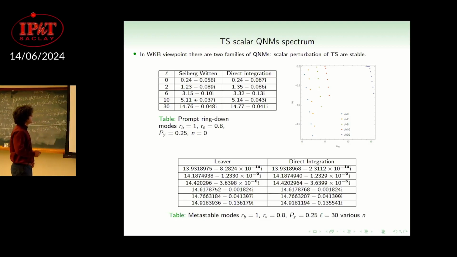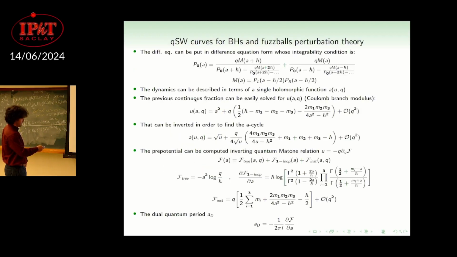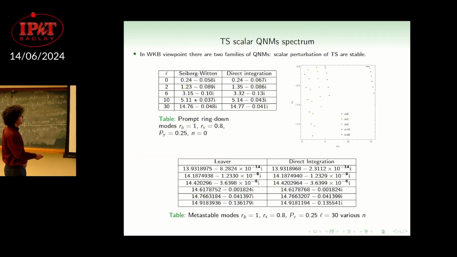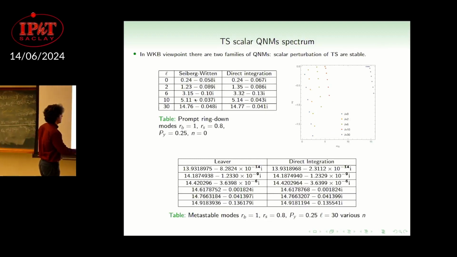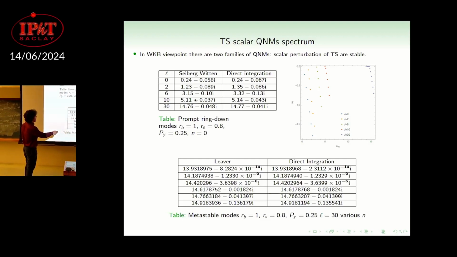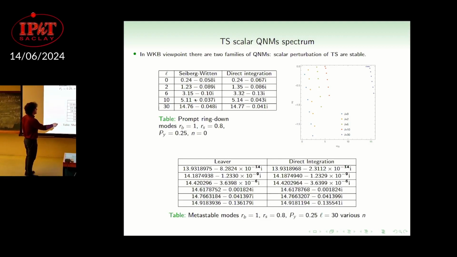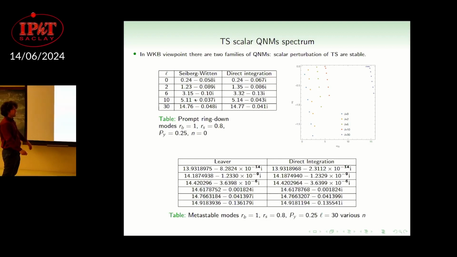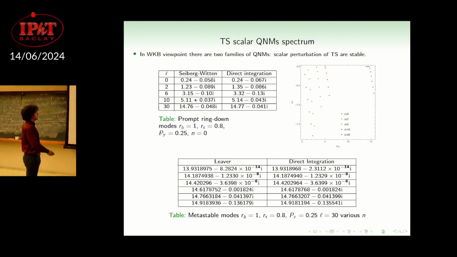These modes are for different values of the angular momentum, and for fixed overtone number, n equal to 0, if you remember, in the WKB approximation. The other ones are for different overtones, and you can see the growth here. In this plot you see these are metastable because the growth is only in the real axis. Then you have a rapid growth also in the imaginary part. So also the other one would increase if you did. Yeah, sure.